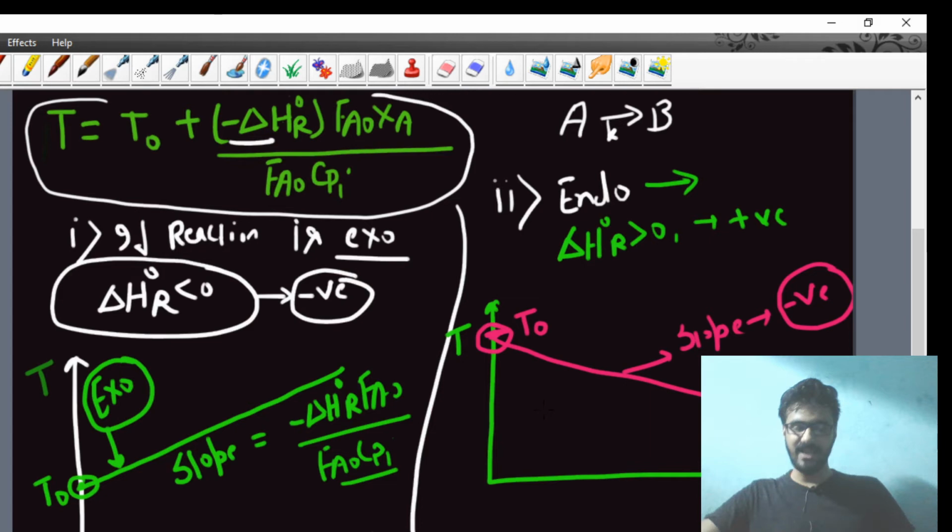I have tried my best to give you the basics of the continuous stirred tank reactor in this lecture, graphically as well as the various parameters. In my next lecture I will be discussing some different parameters of the CSTR: if the reaction taking place in the CSTR is a bimolecular reaction, or if the enthalpy of reaction is a function of temperature, then the reaction temperature is going to change. Then you again have to calculate the enthalpy at that particular temperature, and then calculate the outlet temperature. So in the next lecture I will be discussing all these things.